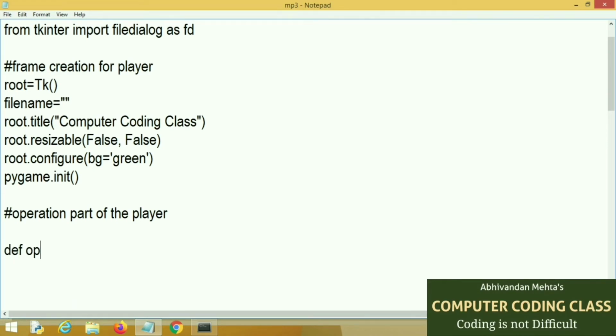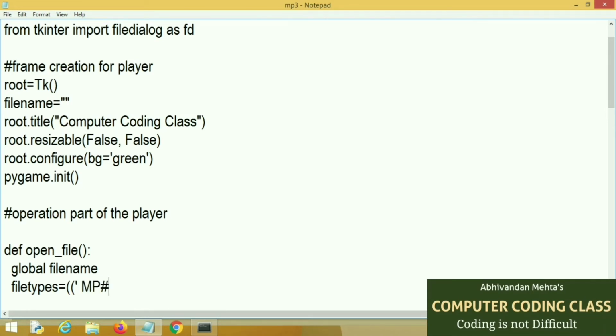First one is our open button's function, that is open file box. Here global file name means our file name is public. Next, set file types. Here our Pygame supports only two types of files. First one is mp3 file and second one is wave file.